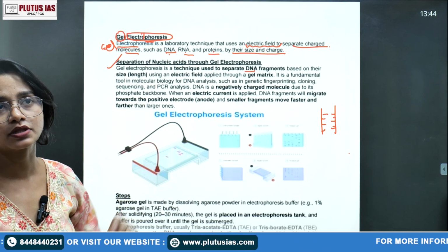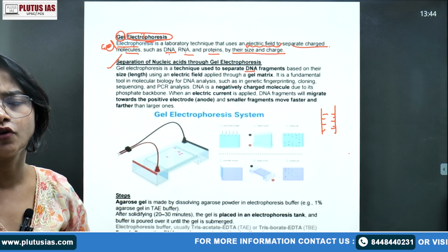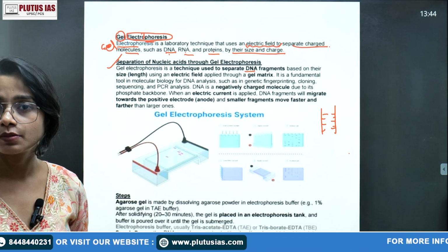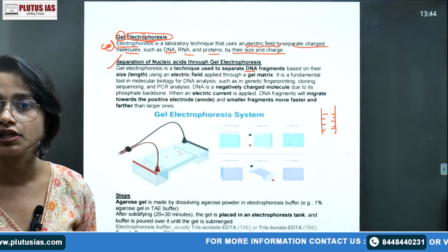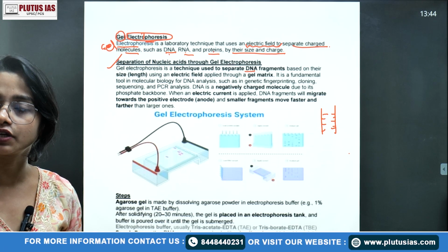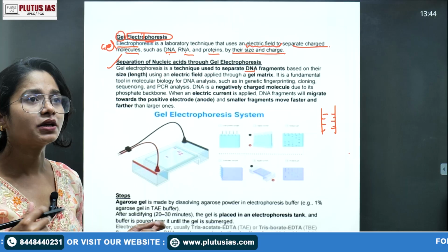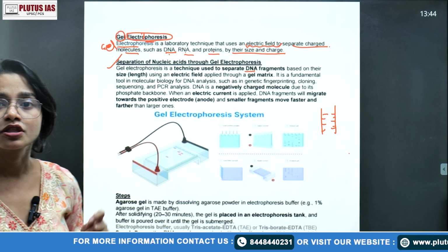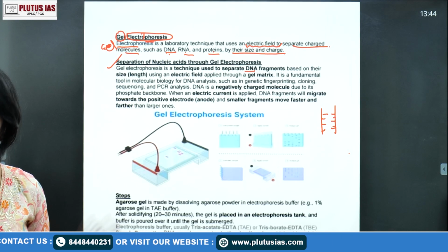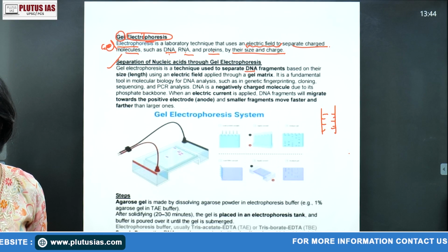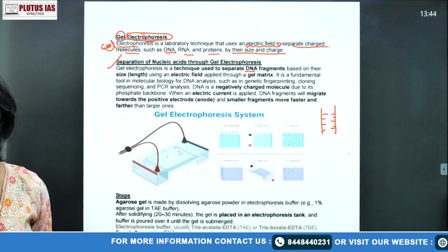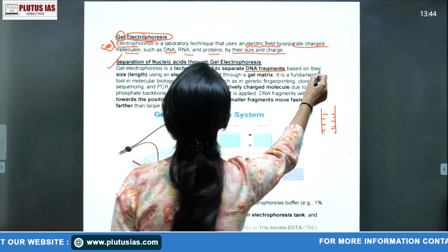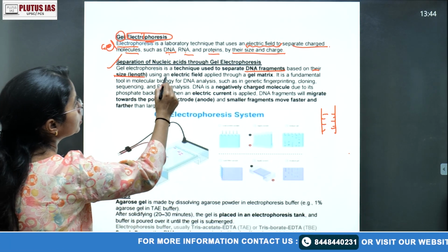Taking a very literal sense, suppose some protein molecules, like hemoglobin, have 2 alpha and 2 beta chains: 141 multiplied by 2 plus 146 multiplied by 2. But some proteins are not that heavy, and some proteins are very heavy. So the size, in the sense of molecular weight, we determine in kb, right? That is, what is the size of any molecule. Okay, so it is used to separate DNA fragments based on their size, that is length, using an electric field.